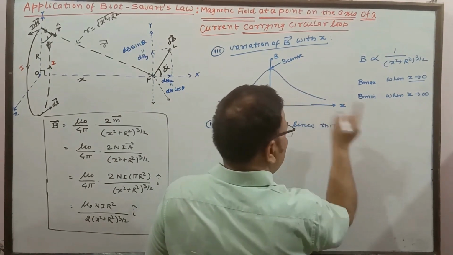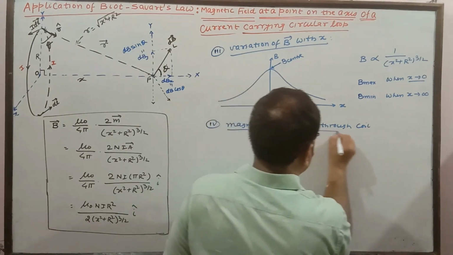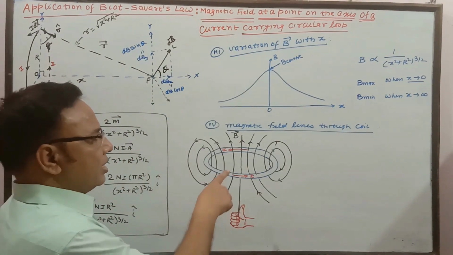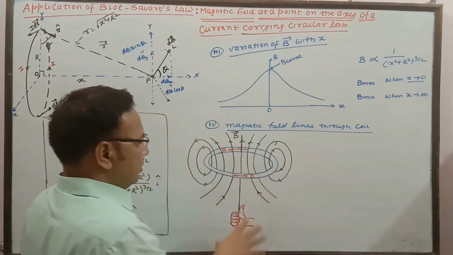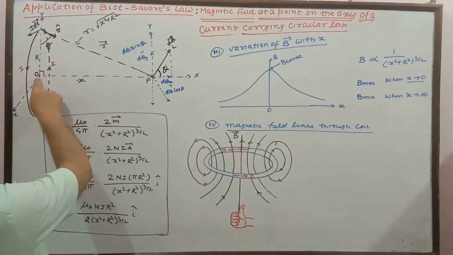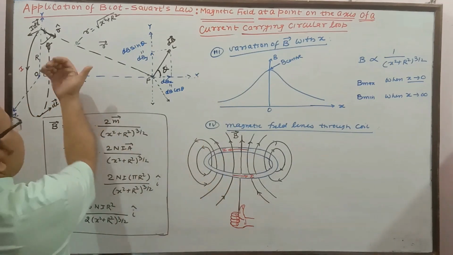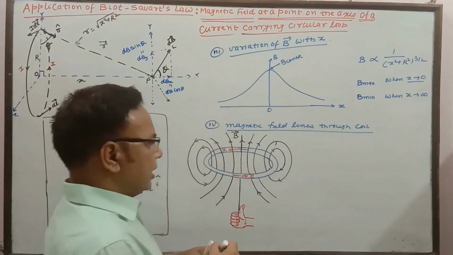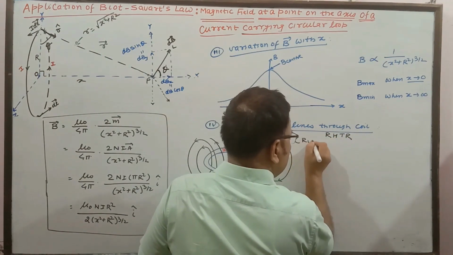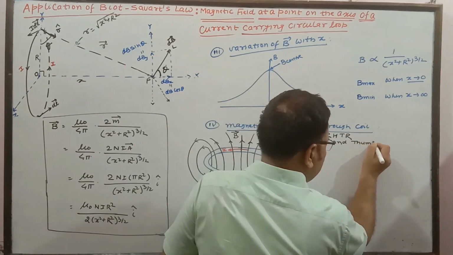This was the magnitude, how the magnitude varies. Now we are going to see field lines. Let me draw it once. This is the magnetic field lines through the coil. It has come a number of times in CBSE exams. So try to see the field lines from here. It is along the x-axis here. The same way the field lines come out here. The same way, like the right hand thumb rule. So this is the direction, which we know can be found by the right hand thumb rule.